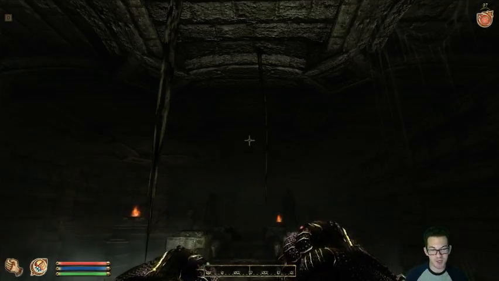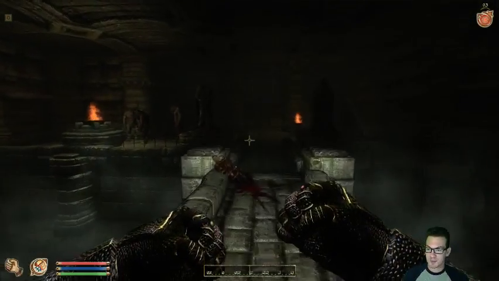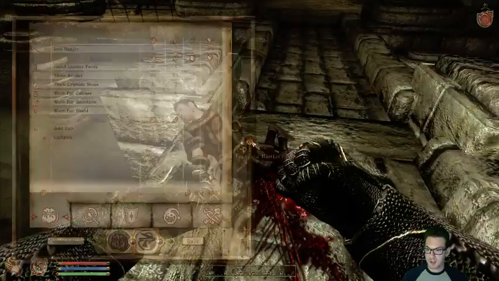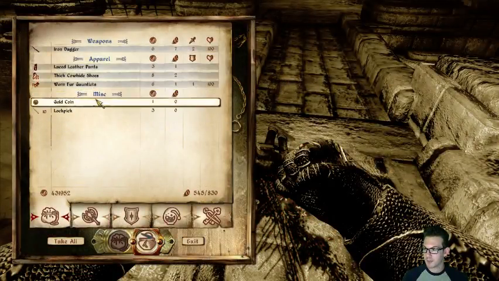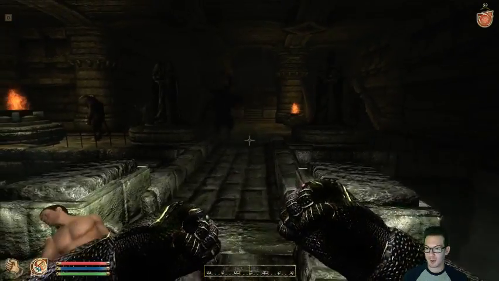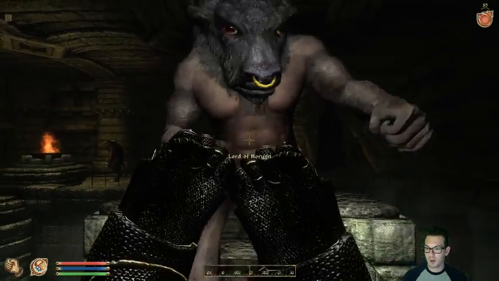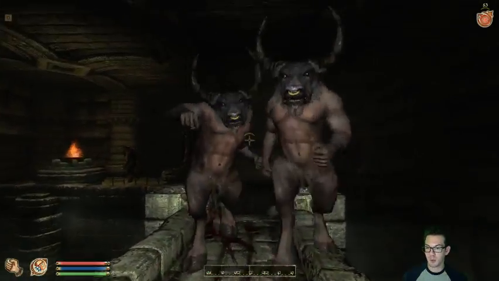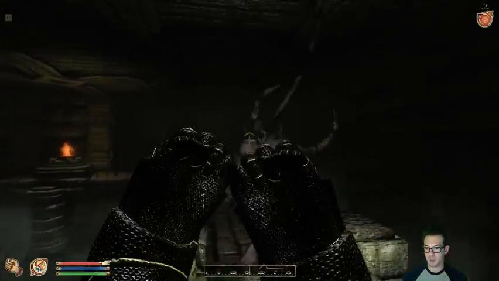Just do Conjuration magic and you get all the weapons and armor. I mean, you're right. Okay, so there's a dead treasure hunter here. He's got a silver amulet, though. I'll take it. I'll take those, because I'm a hoarder, and even though I have over 40-some... Whoa! Lord of Haroon. Oh shit. Okay, we might... Oh shit, I should have...